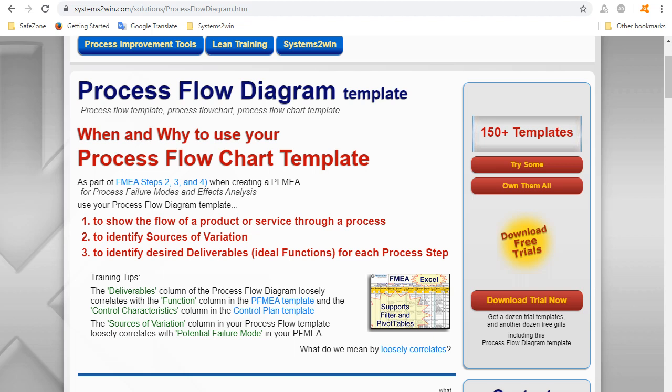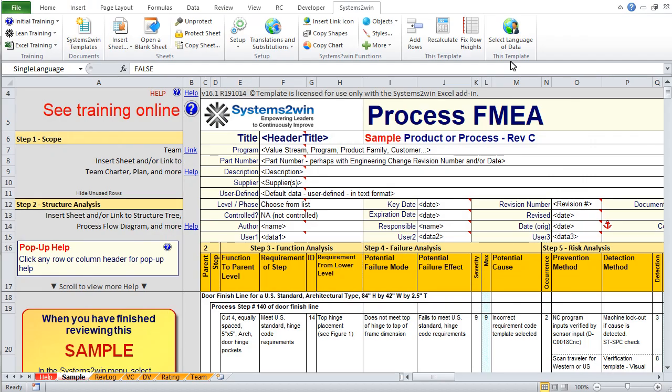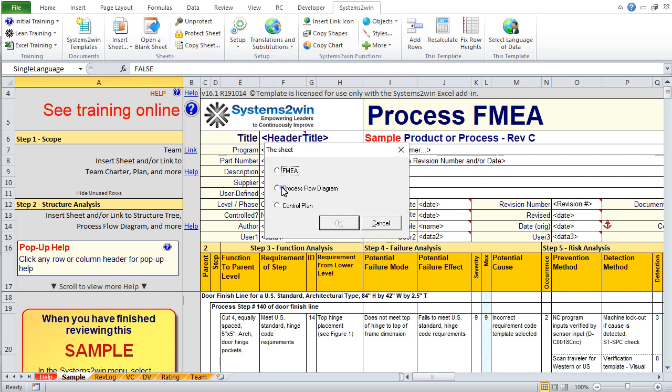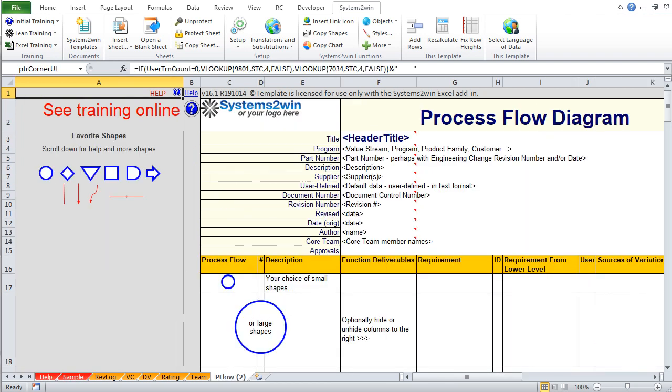And here's a tip: when you are in Excel in your FMEA template, at any time you can click the button to open a blank sheet and then choose the radio button for a process flow diagram, which will insert a new fresh clean blank sheet for a process flow diagram right there in the same workbook with your FMEA.